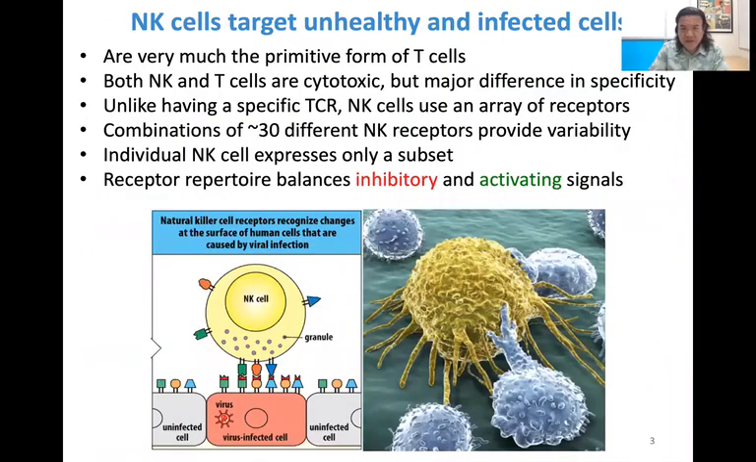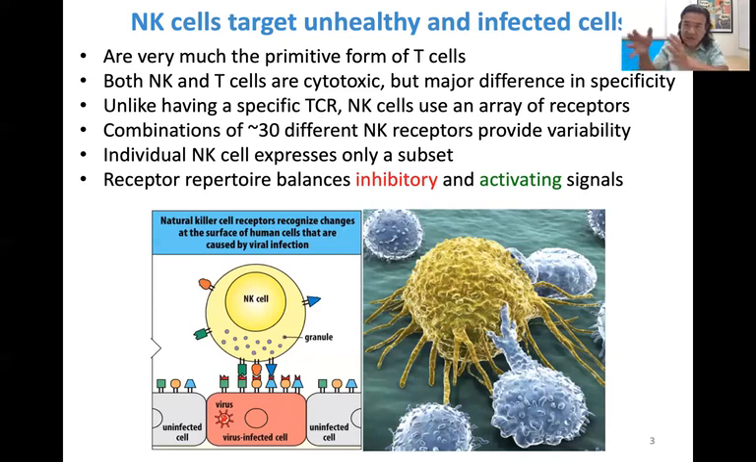So natural killer cells target unhealthy as well as infected cells. You can think of them as the primitive form of T cells. Both natural killer cells and T cells are cytotoxic. Well, when I say cytotoxic, I mean specifically the CD8 positive T cells are cytotoxic. So both these NK cells and CD8 positive T cells work by